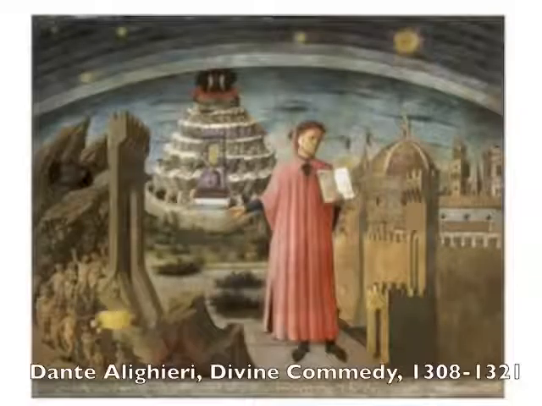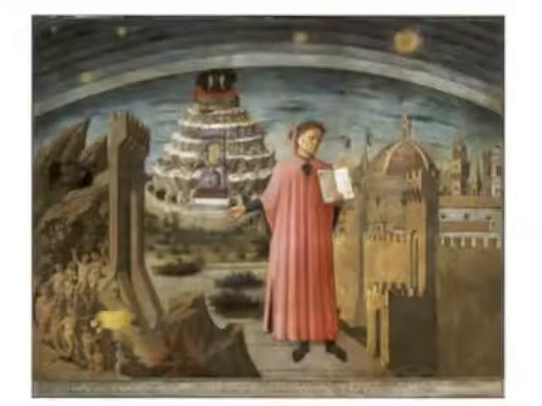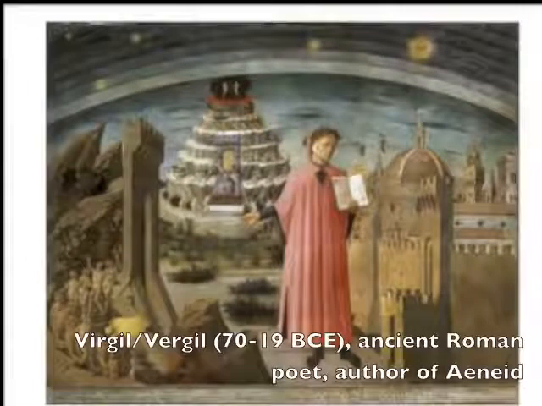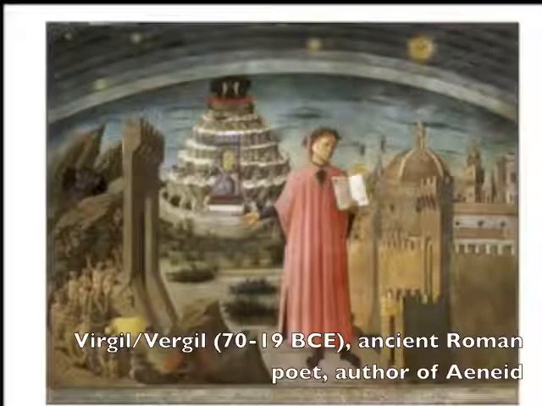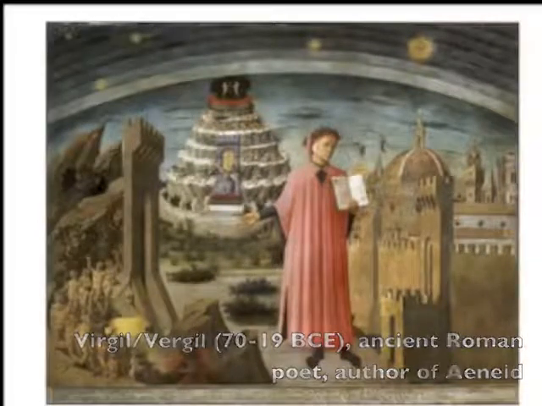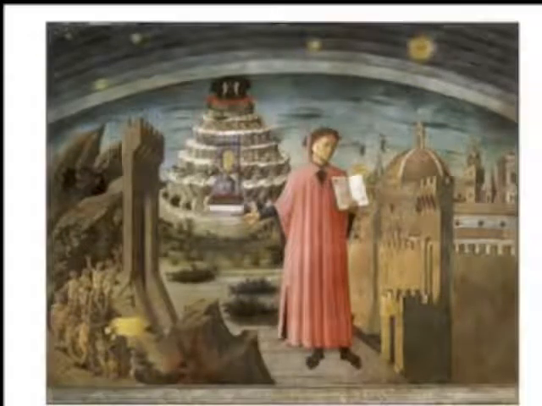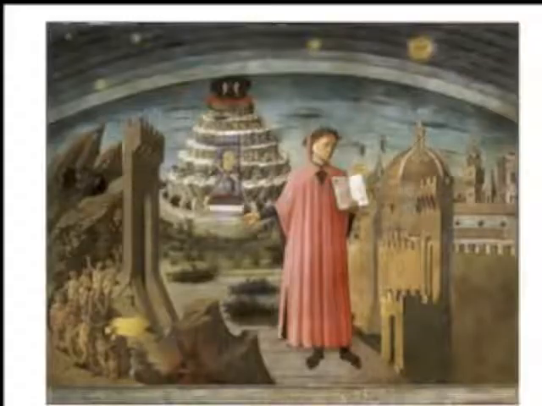If you are familiar with Dante's Divine Comedy, it has to do with this trip to the underworld where he's being led by Virgil into the world of the dead, and Virgil is explaining things as he goes along. And even the conceit of the Divine Comedy, of using this great ancient writer, Virgil, as the person to show him the way and to explain the truths, is beginning to suggest a recognition that the ancients had a kind of wisdom and a kind of access to truths that had become lost.